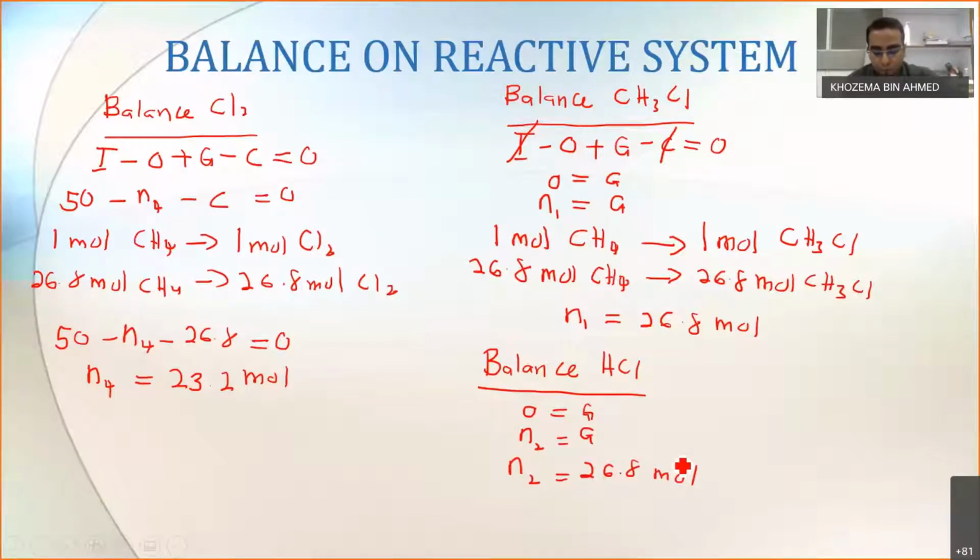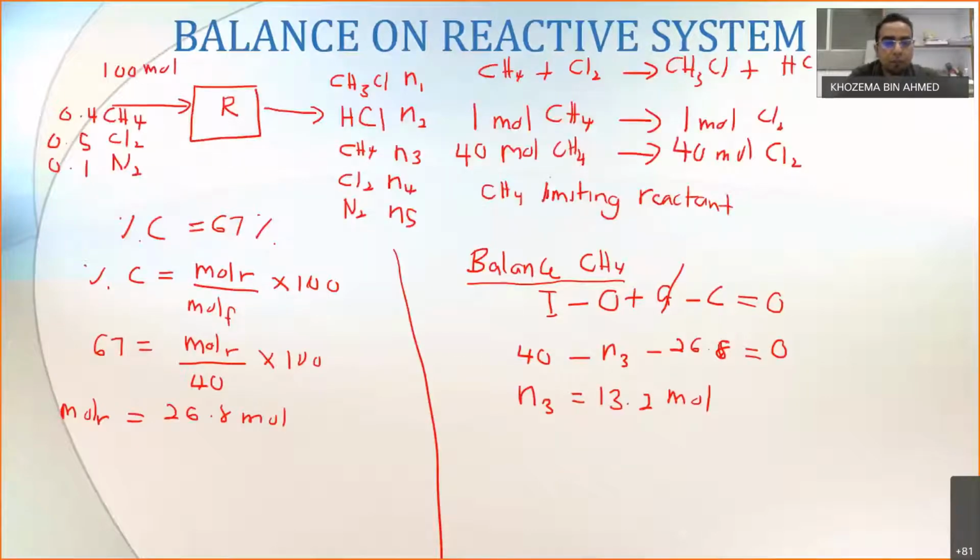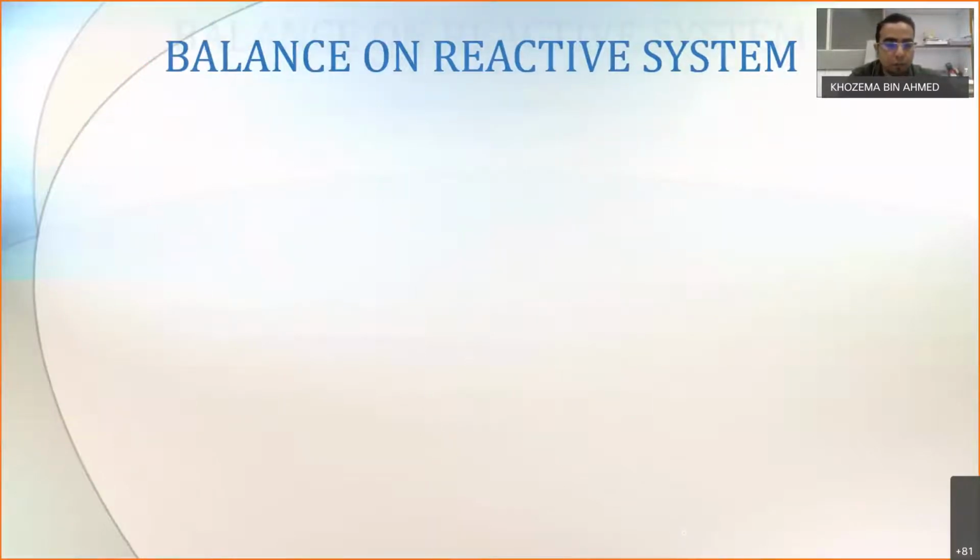Okay, so we have found N1, N2, N3, N4. Now the only thing left is our N5. N5 will be the easiest for you to find, because whatever nitrogen is going in is the nitrogen coming out. Since nitrogen is not reacting in our reaction, we can just write here, balance